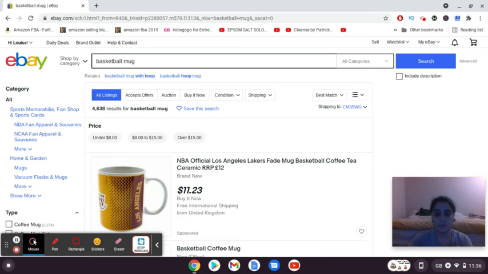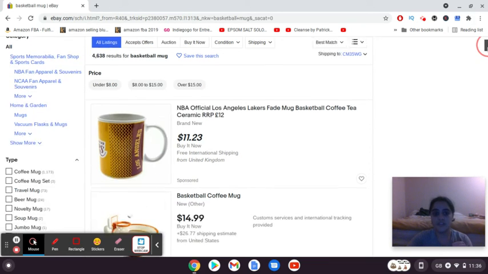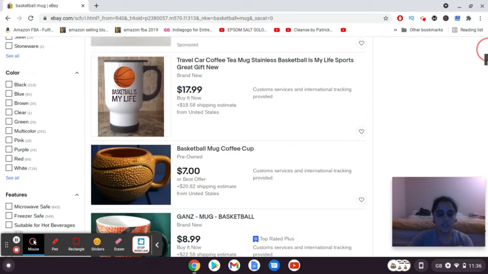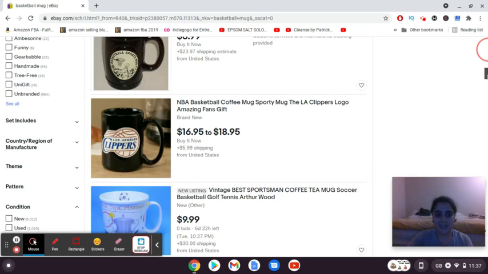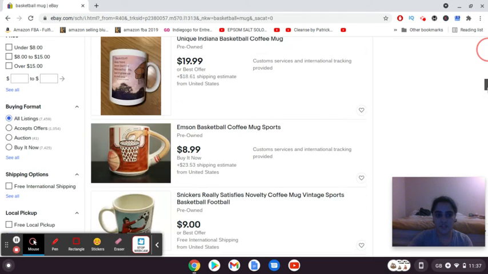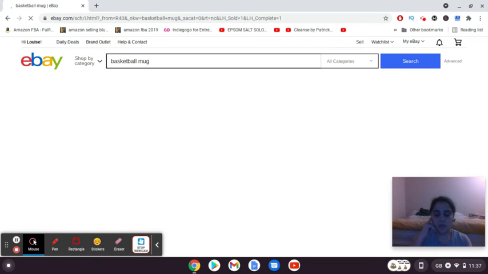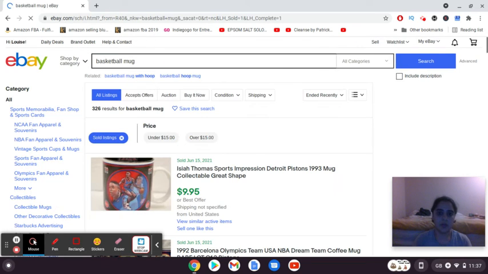And that's what we really want to be looking at, because like I said before, the sold listings show us exactly what is selling, and that's the most important. That's what I realized on eBay: you don't want to focus on any random product that's up there at a certain price, blah blah blah. You want to focus on a product that is actually selling.